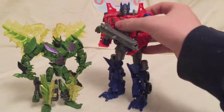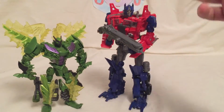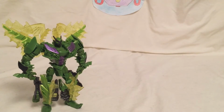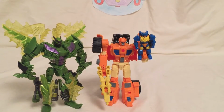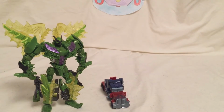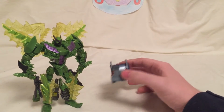So of course, Evasion Mode Optimus Prime. Of course, he's dwarfed by him, which is completely wrong. But oh well. Here we have Bumblebee, which should be more of the right size. I think these Deluxes scale better with the Legends figures. Let me grab a Legends Optimus off of my shelf real quick. Let me move Scoop off, and here he is with a Legends Optimus. That works for me. I think that this is a right scale for the Dinobots versus the Autobots or the